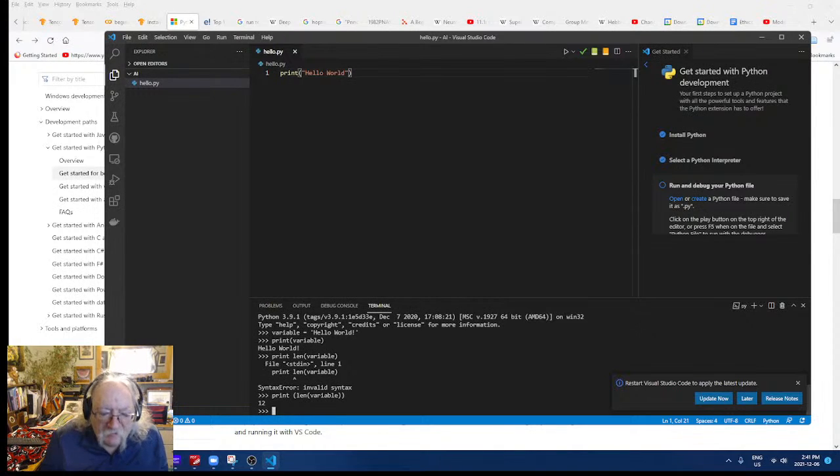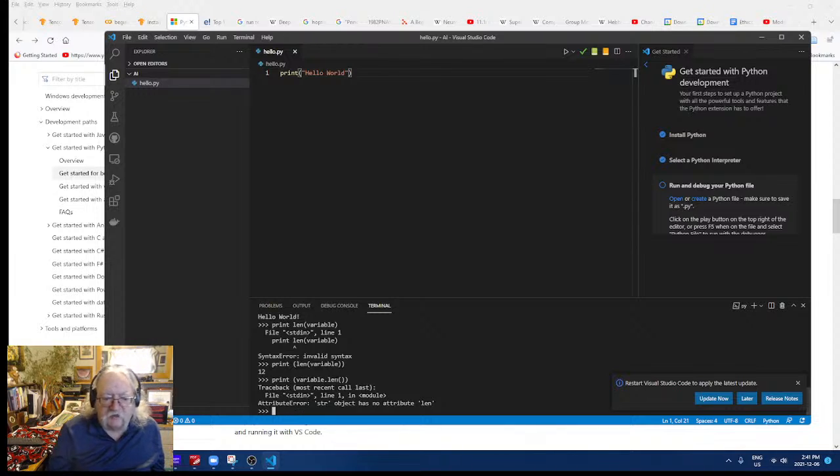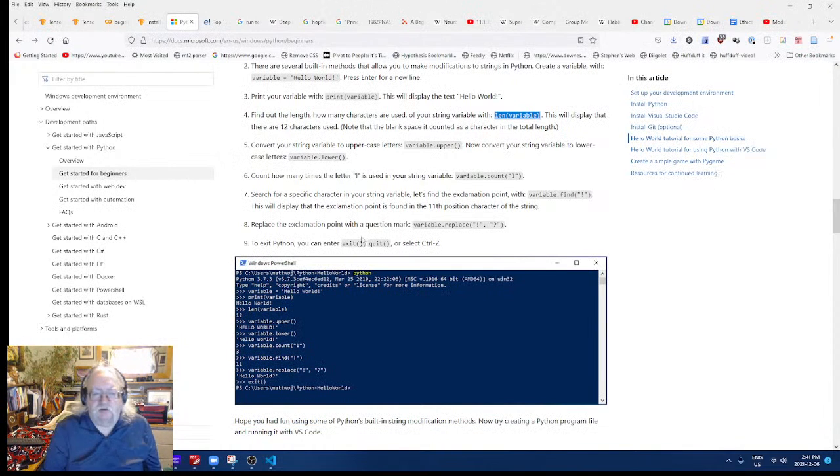Yep. Okay, so whatever I print has to be in brackets. All right. And I'll bet you this will work too. Let's try this. That's how I'm used to working with objects. Nope, doesn't like that. That's really annoying. Because it's supposed to be object-oriented.